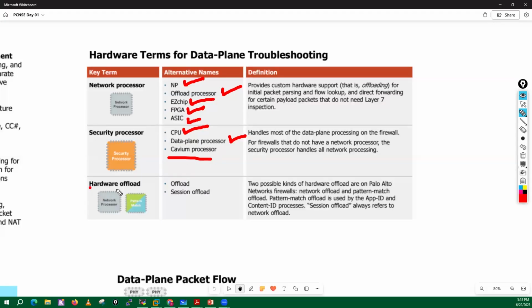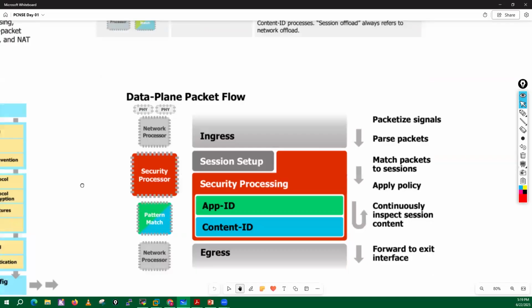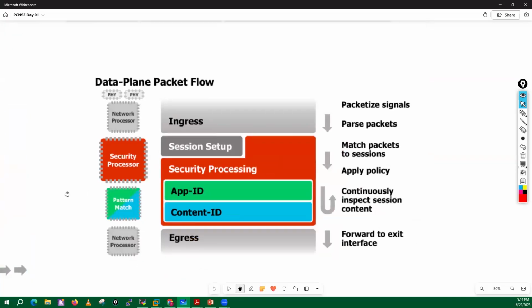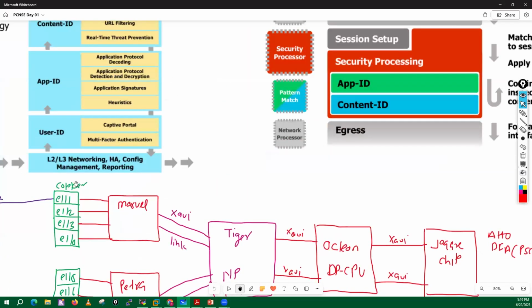Then we have hardware offload as well, network processor or pattern match processor. So generally this is the chip which performs the offloading. The signature match processor we have for your layer 7 tasks, which is app ID and content ID. With regards to packet processing, it changes according to our requirement.